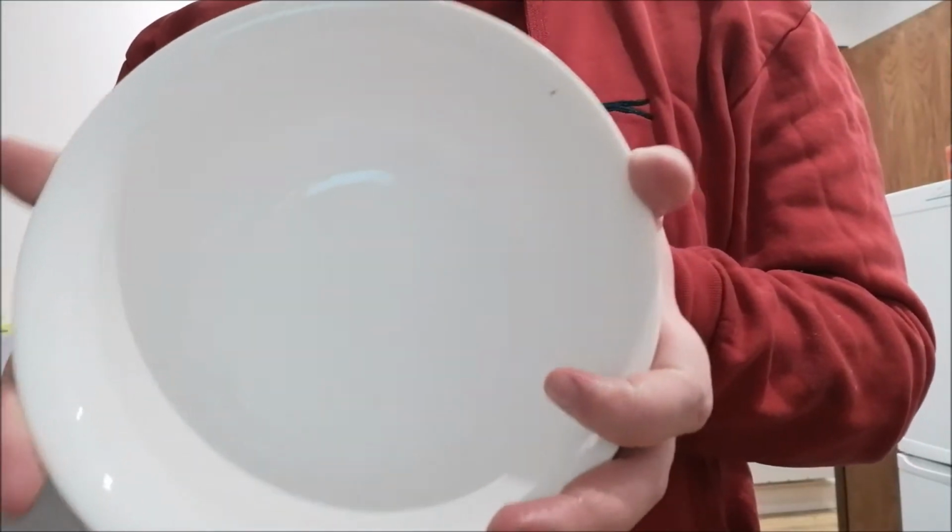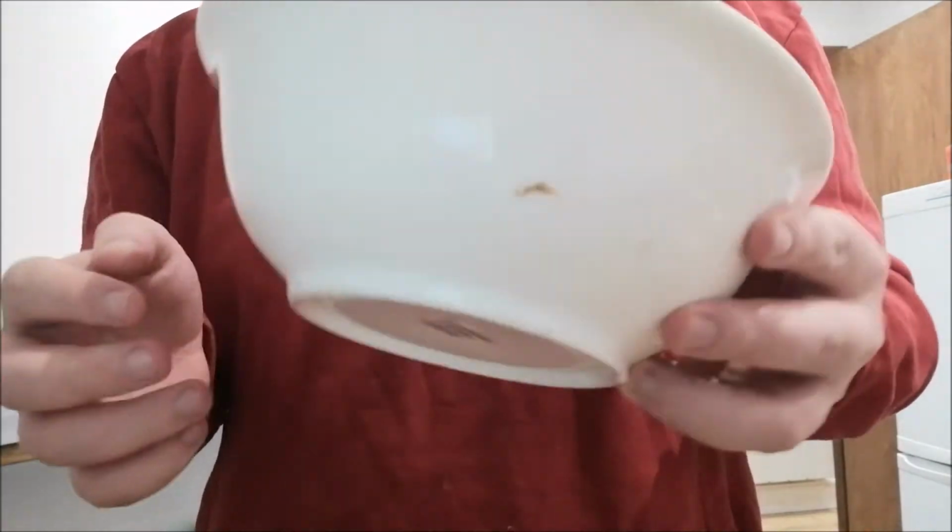While that's setting for a little bit, it's time to repeat the process all over again. And the first bit really took about, let's see, 4 minutes to fully melt. So as that's solidifying, I put the rest in, and while that's melting, I put the middle bits in, which are the Maltesers and M&Ms. Delicious. I get the bowl again, and it's still got some chocolate on it, but still